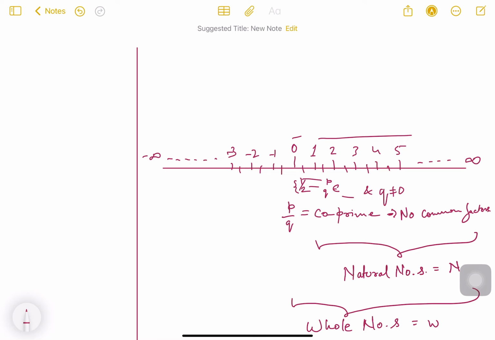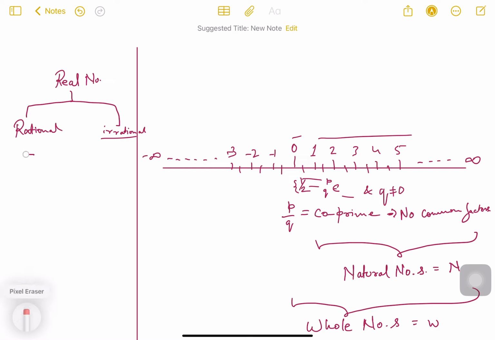So now moving forward, what did we learn? We have real numbers. Real numbers are of two types. They are rational and irrational. Fine? Now irrational terminates here itself in this matter. And then we talk about rational numbers. In rational numbers, first comes our,